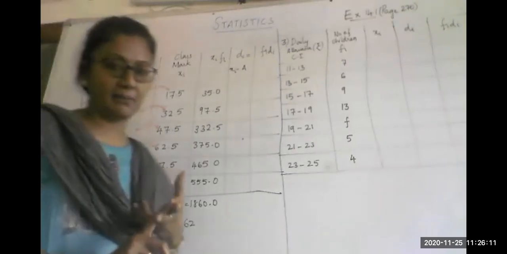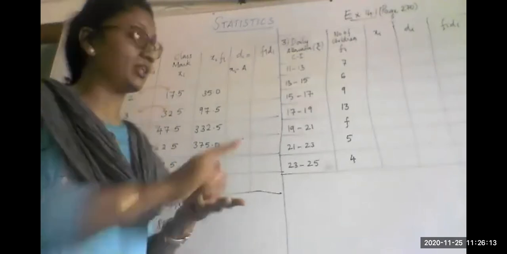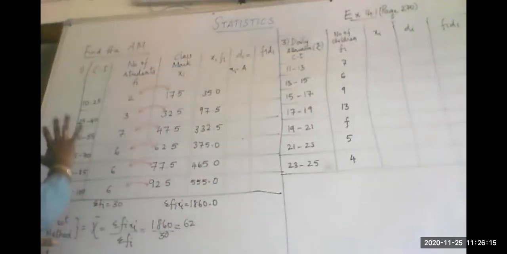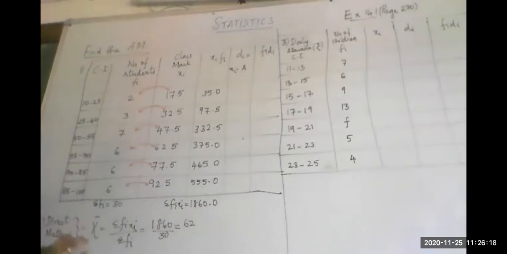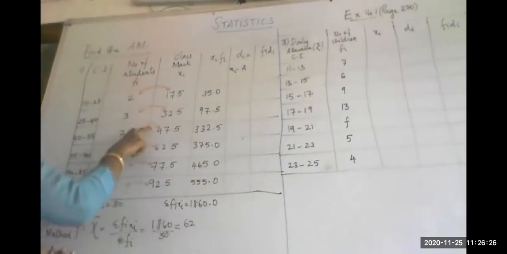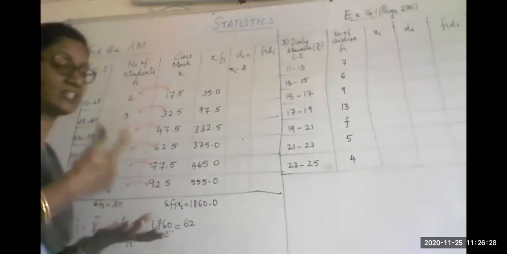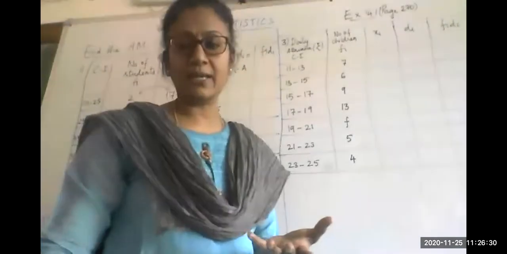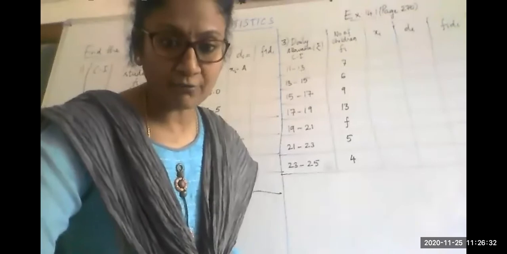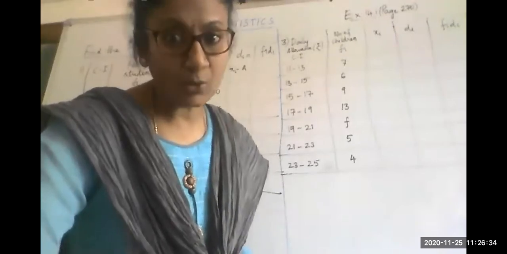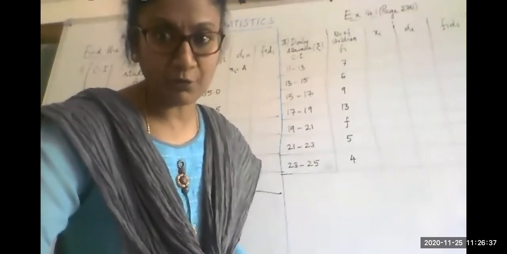Statistics, two things are very important, children. The presentation, the way you put your tabulation should be clear without any scratching. You should totally represent your formula clearly, substitute the values and simplify. You will get all the marks. This arithmetic, that is addition, multiplication or division, nobody can be helping you now in the 10th standard. You should have mastered it by now. Otherwise, you are inviting trouble for yourself.